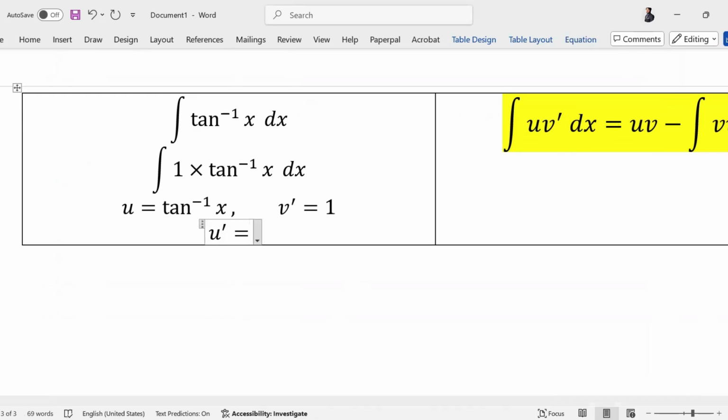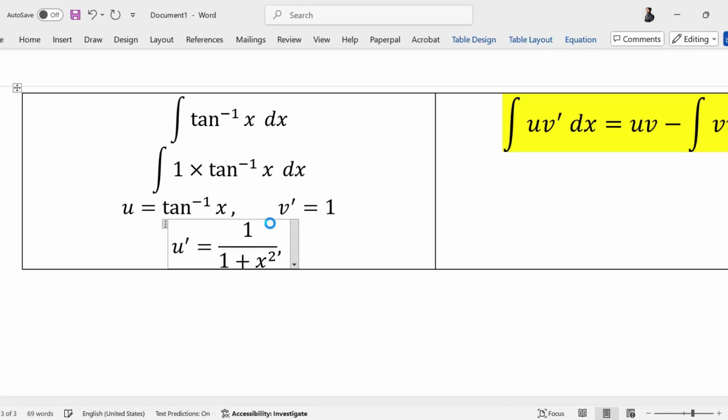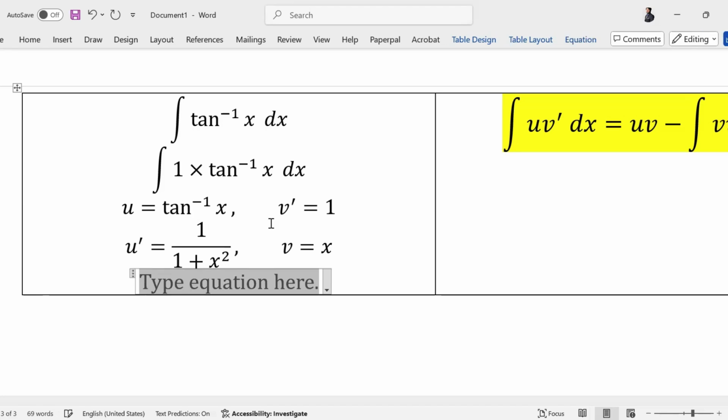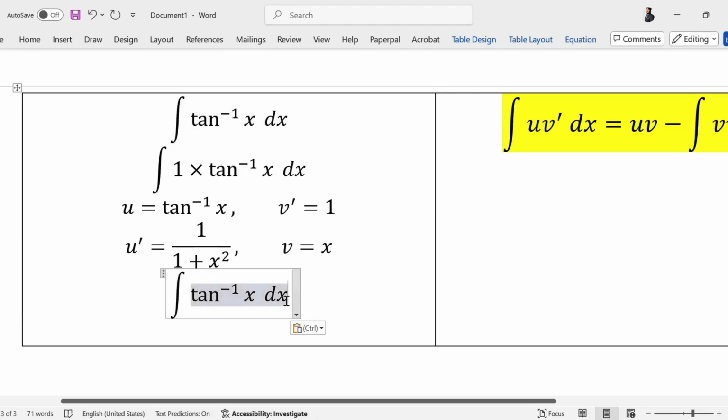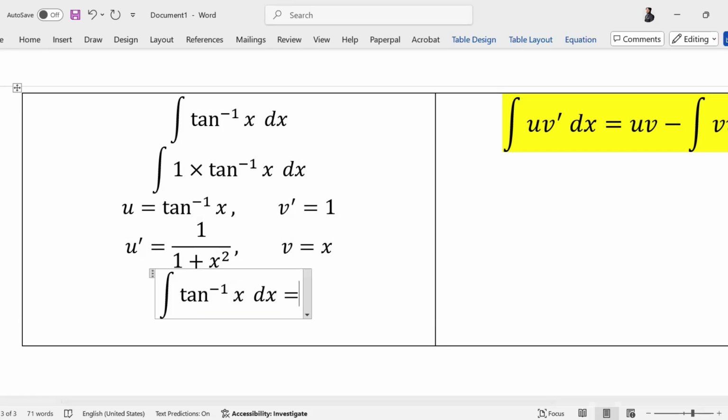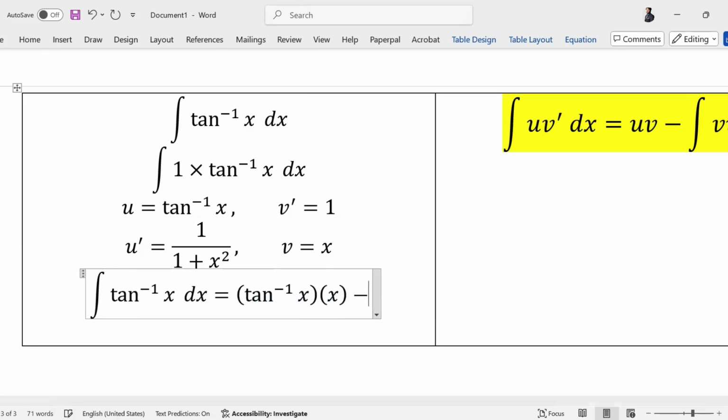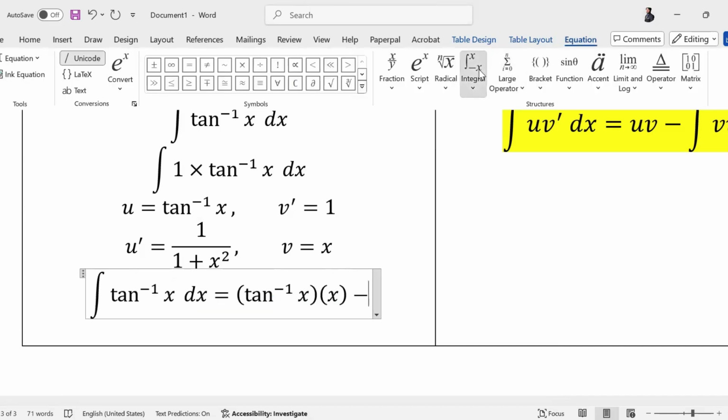What is the derivative of tan inverse of x? It is provided in MF19. 1 upon 1 plus x square. And what is our v in this case? X. So now if I wanted to integrate tan inverse of x, I'm doing it using integration by parts. U into v. U is tan inverse of x into v is x minus integral of